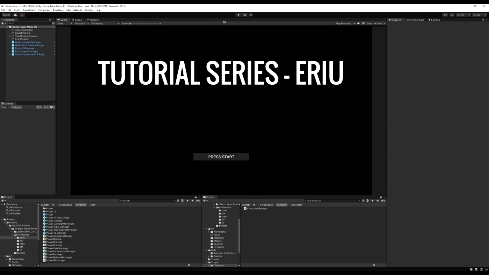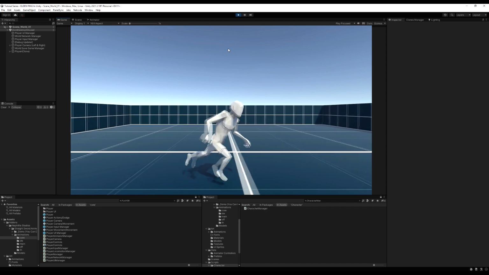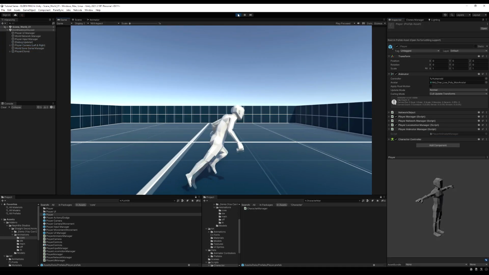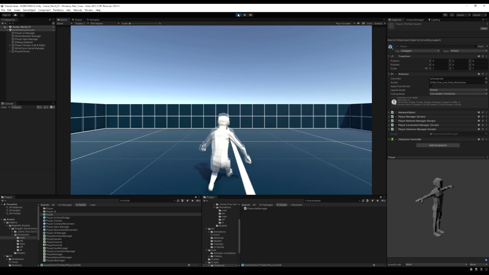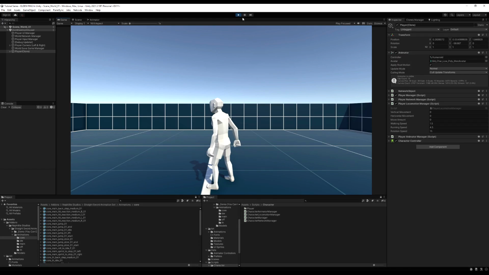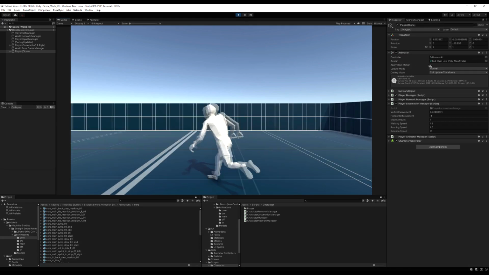I'm just going to quickly throw some numbers in and just make it feel a little bit smoother. And that feels a bit too slow for me, so one more time, there we go. And now if I go into the game, I notice something though. If I roll, I'm running faster after I roll. Now why is this? Well, it's because we didn't reset our apply root motion.